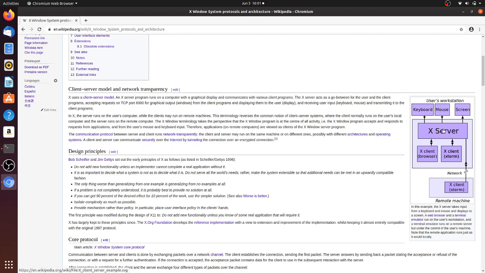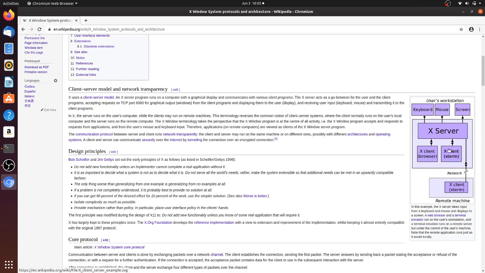This X server gets input from keyboard and mouse, and we have X clients. What are these X clients? The browser, Xterm, the window manager, the icons you see here, all these things are X clients. The application I'm going to run now, GIMP, is a client.